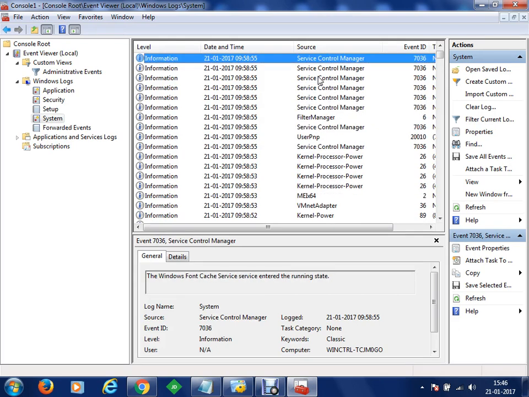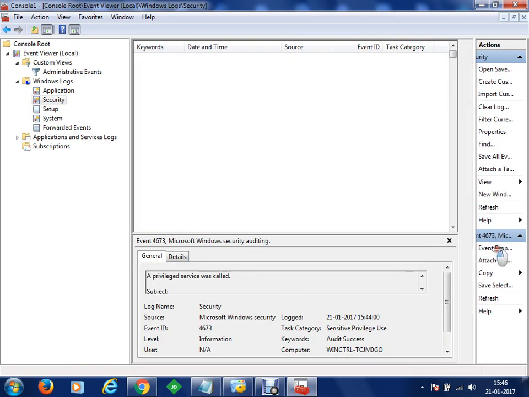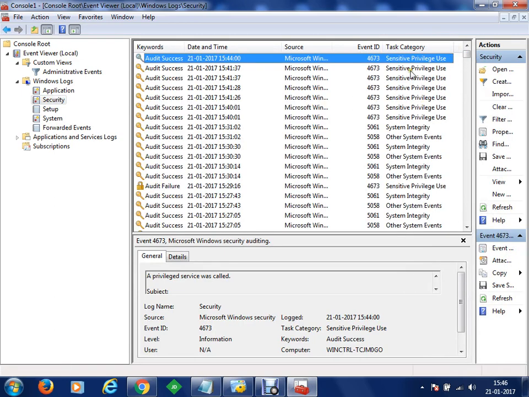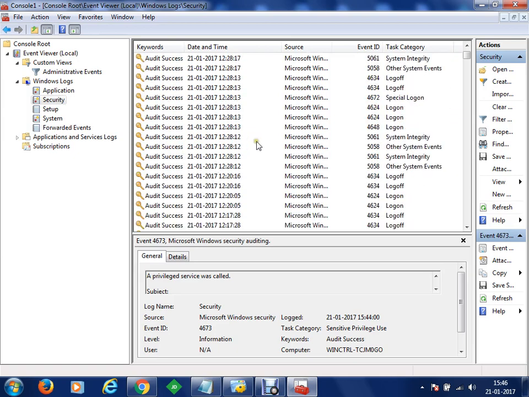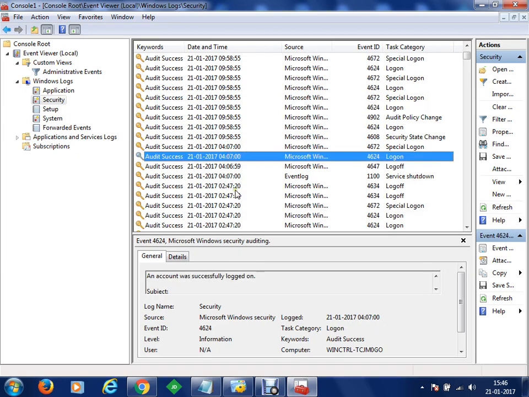Now what next can we do? Let's say we have gone to the security events now. In the security events, we are logging the privilege use as well. We started privilege use a little while ago. So again I'll go back to the time frame at around 9 a.m. in the morning, and I would like to show you what has been done.